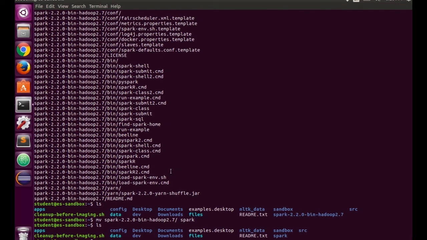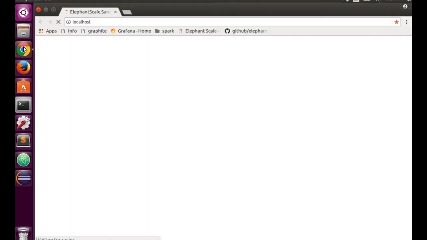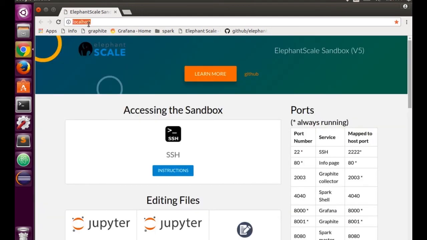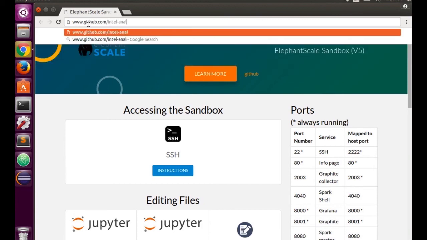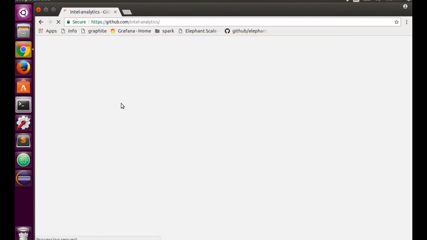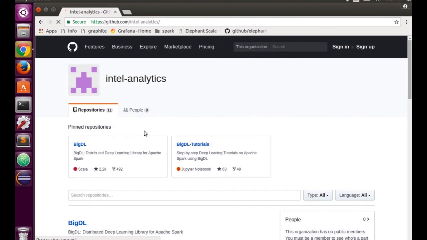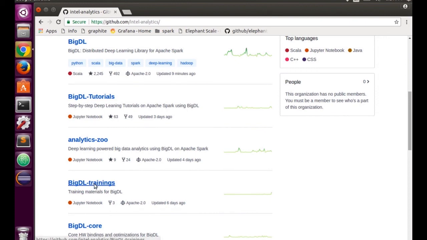What I'm going to do with the sandbox is now clone the repo for BigDL, our tutorials. So I'm going to open up a window here, and we will go to github.com/IntelAnalytics. And we want the BigDL training. So let's just get that here.